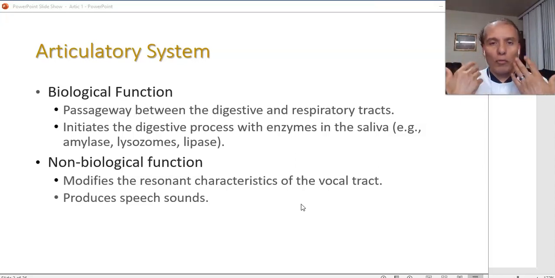A lot of things are there. So by the time that you produce the buzz in the vocal folds, just a buzz like ah, and then by the time that buzz leaves the vocal folds and gets out, it could easily die